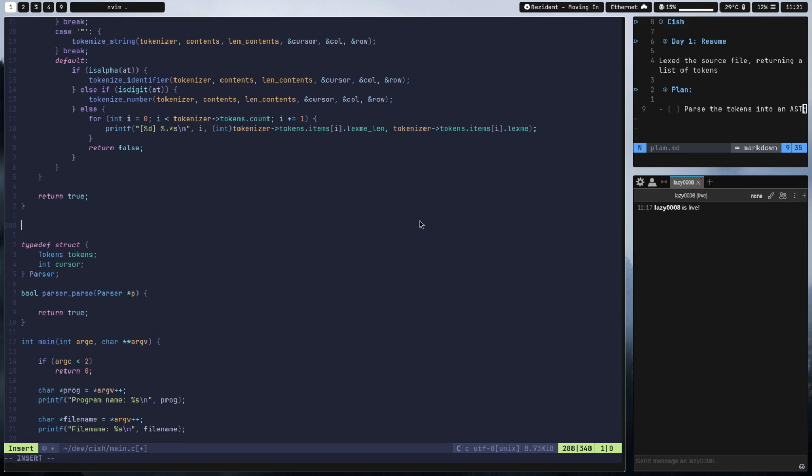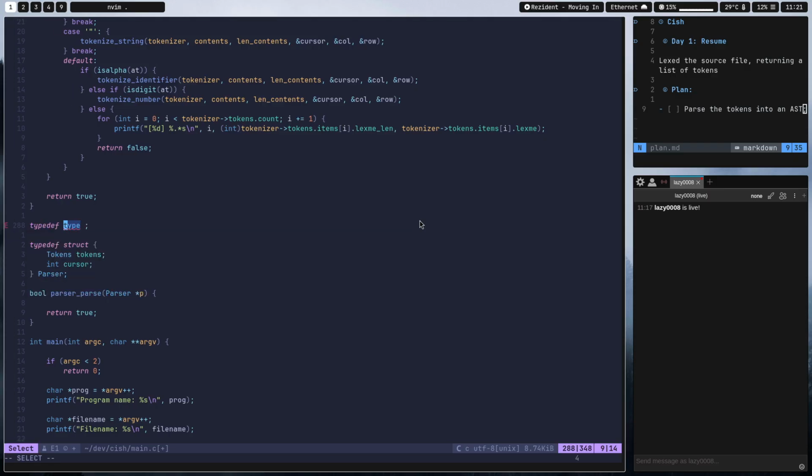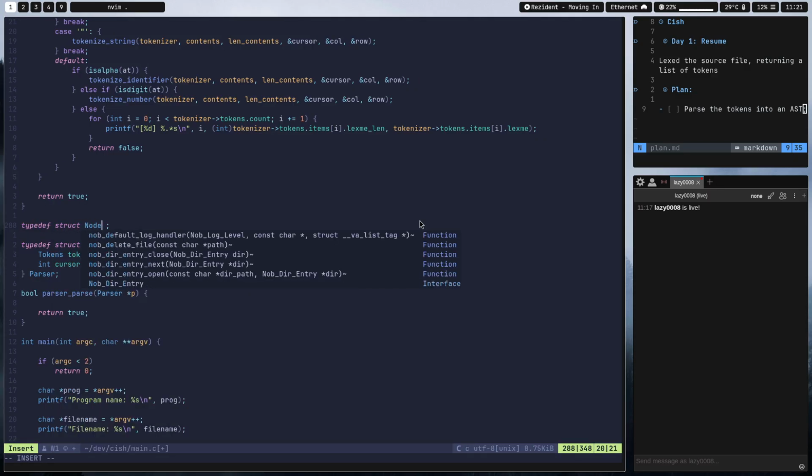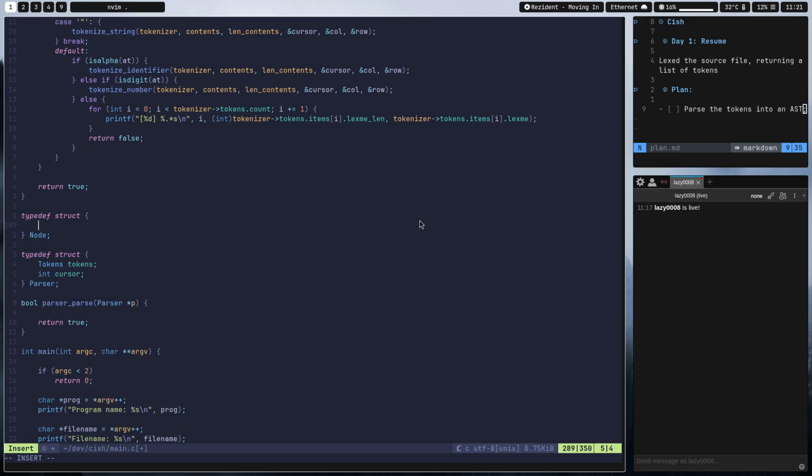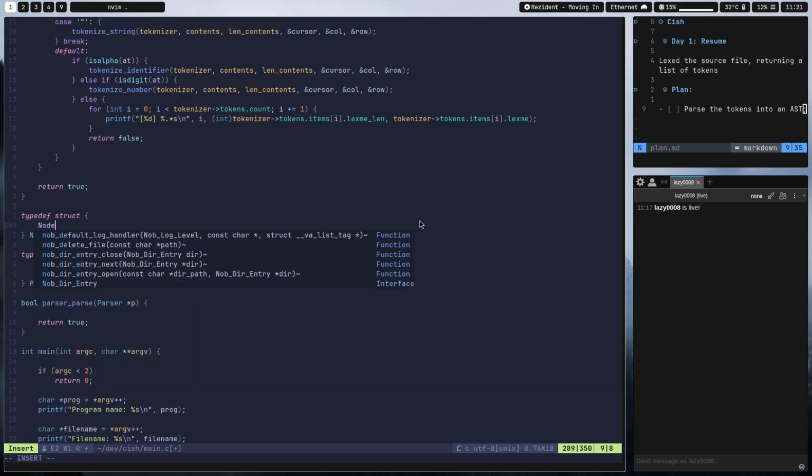So a node, struct node, so a node requires a type, so node type,